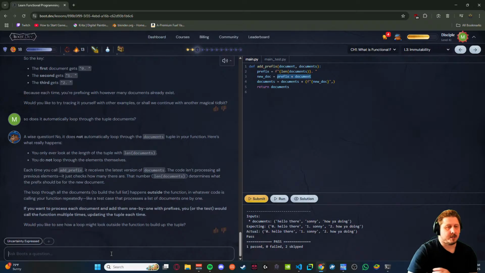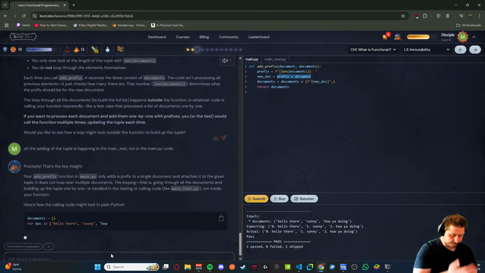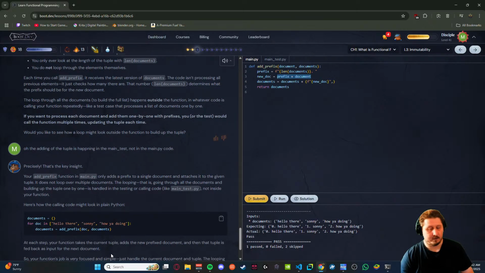Oh, it's in the main. Oh my god. Oh, the adding of the... I keep forgetting that add prefix function in main.py only adds a prefix to a single document.